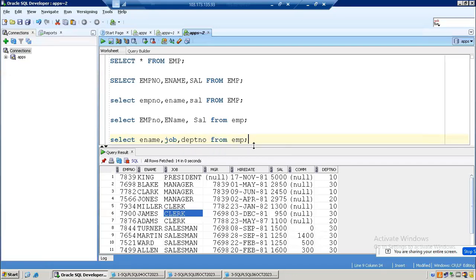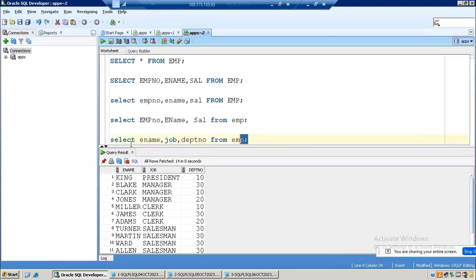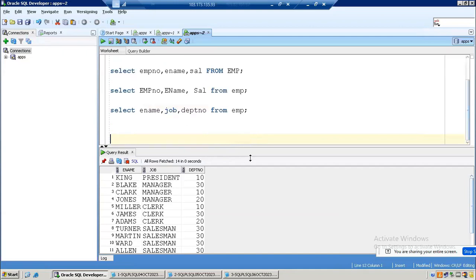So like this we can write the query and we can get only few columns. Whatever columns you want to display, we can mention those columns and we can get the output. Next, suppose this student table is there. One more example is like,